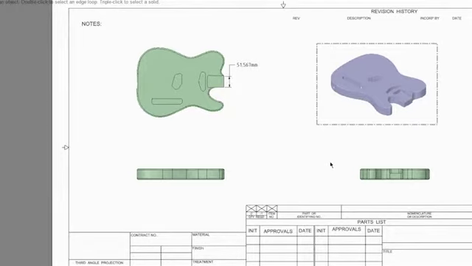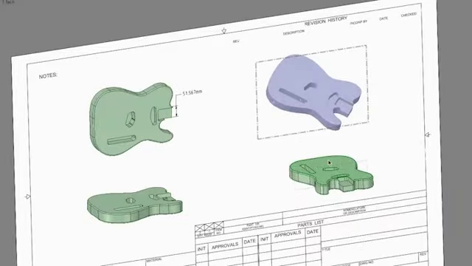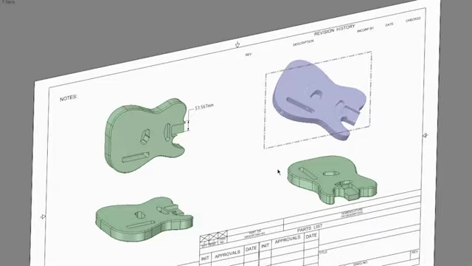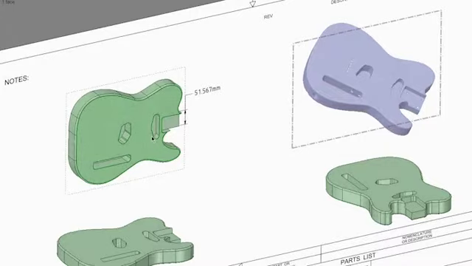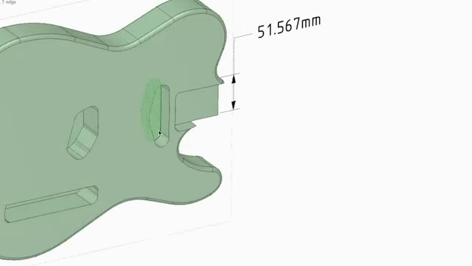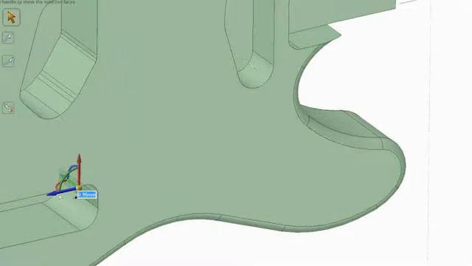Another thing that's really neat about how the drawings work here in Spark is if I rotate the drawing, you see the drawing is actually in 3D as well. So the 3 instances of the solid are inside of the drawing, and 1 instance of the scan data are inside of the drawing as well. And I have the ability in here to manipulate the part while I'm inside of the drawing. So if I grab the Move tool and click on the space and drag it in this direction,